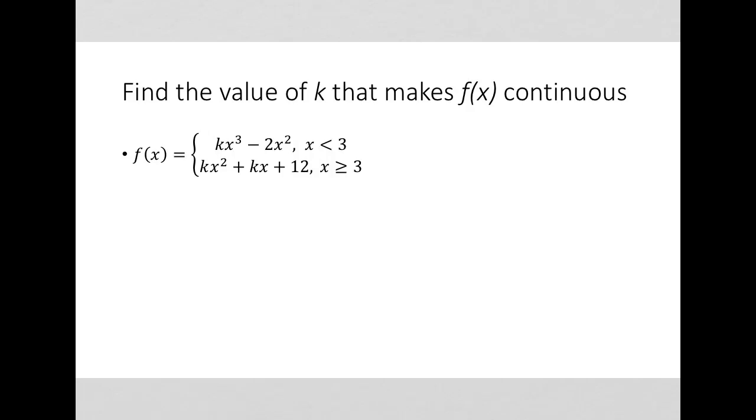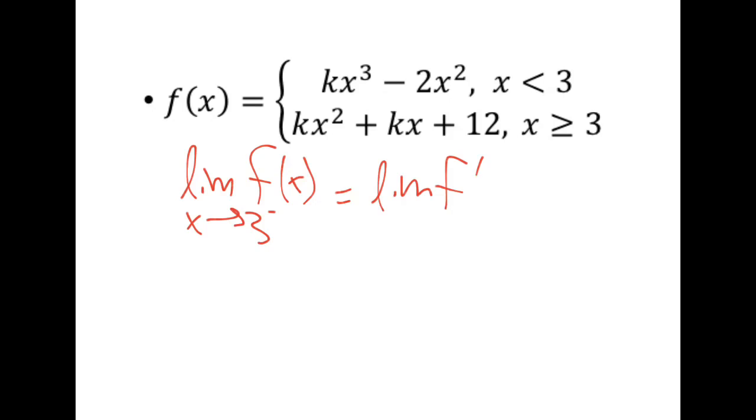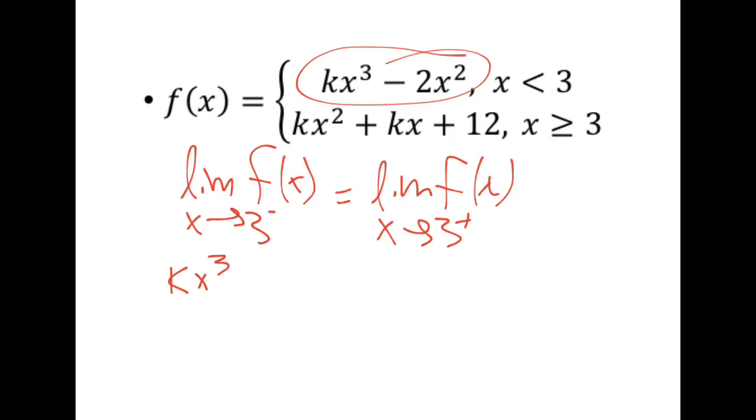Let's do one more problem here. Same exact idea. We need to find the value of k that makes this function continuous. Again, it's piecewise defined, so we are using the idea that we need the limit of f of x as x approaches 3 from the left to equal the limit of f of x as x approaches 3 from the right. So from the left, we are dealing with this branch up here, kx cubed minus 2x squared,